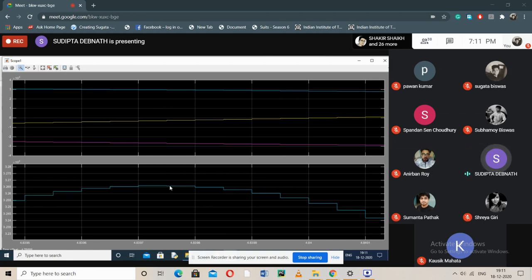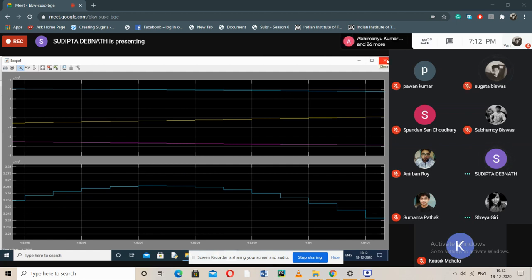At 591 megawatt, when the load is equal to the surge impedance loading, the receiving end voltage is exactly the same as the sending end voltage. So you can be assured by observing this curve. When the load is less than 591, that is 300 megawatt, 500 megawatt, the voltage at the receiving end is more, so the Ferranti effect is observed. And when the load is more than the surge impedance loading, at 800 megawatt, 1000 megawatt, the receiving end voltage is less than the sending end voltage. Okay. Now, up to this, is it clear?